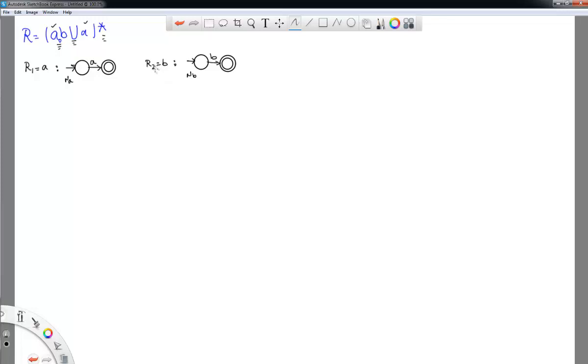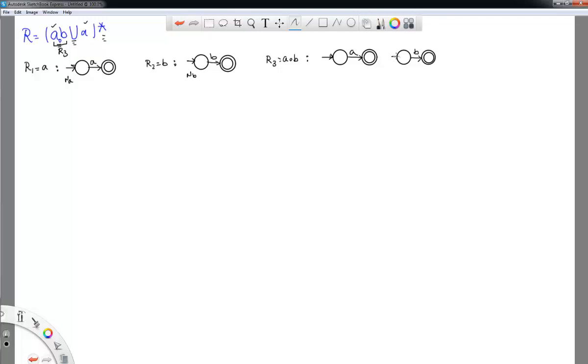Then from these, I can do the concatenation. So the concatenation of R sub 3 being A concatenated with B, which is this part of my expression. How does that look? The concatenation was basically something like this. You've got your two languages. So this is the first NFA. This is your second NFA. Just put them one after another, right? So here we've got A, and then the B,